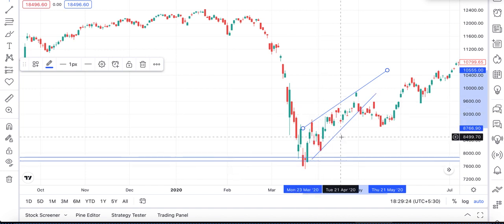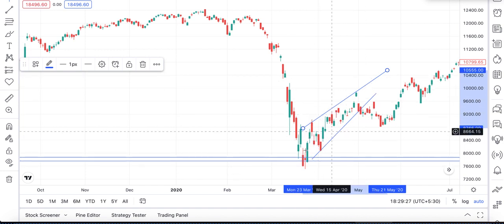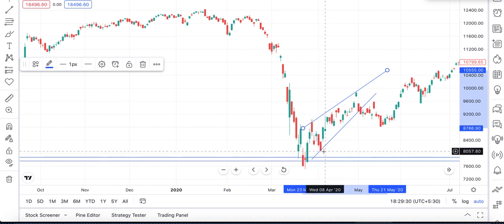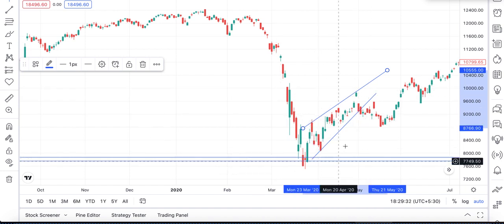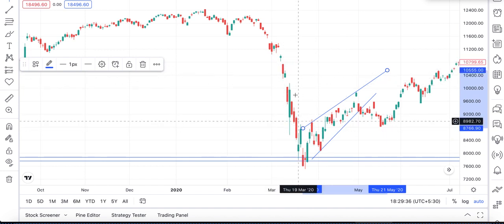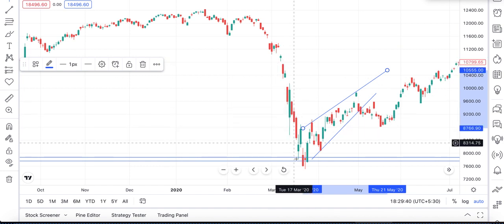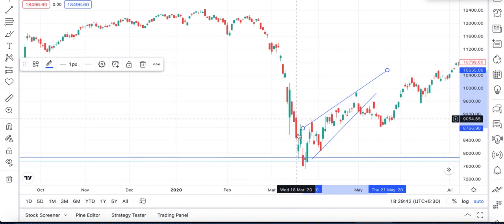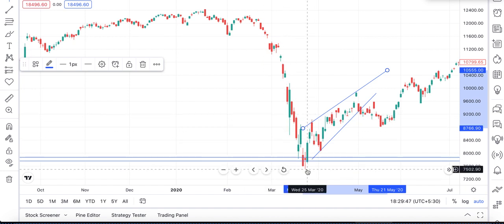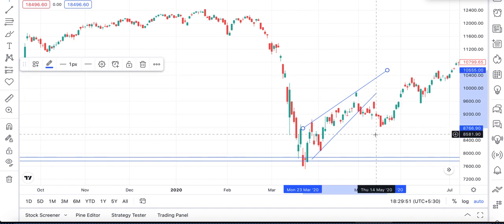Now, over here is when you finally see the support zone being met, red candles start diminishing, green candles start getting more strength, and then you see a breakout in the formation where you see higher highs and higher lows getting formed, which confirms the breakdown of the formation. In this case, you saw a good strong up move, but the formation continued. You continued to see lower lows and lower highs getting formed, and the downtrend continued from 9,200 to almost 7,500. Post that, you saw the formation breakdown,